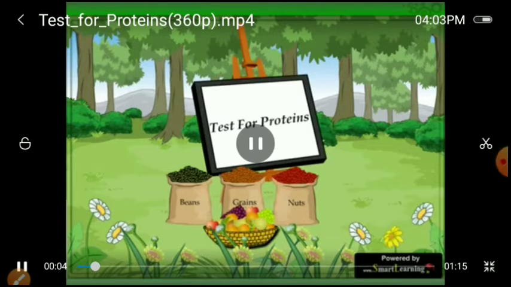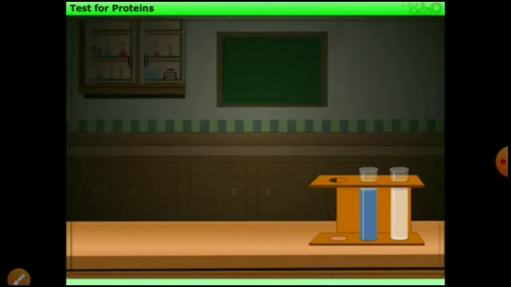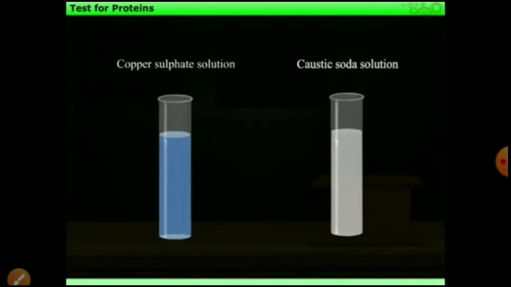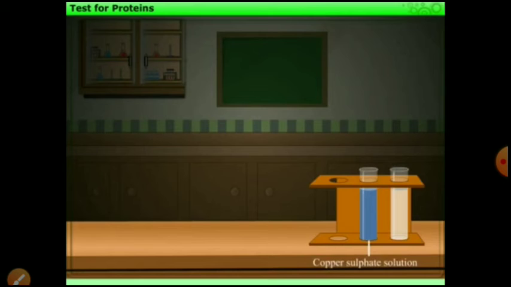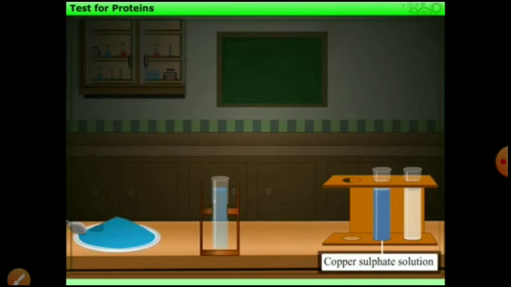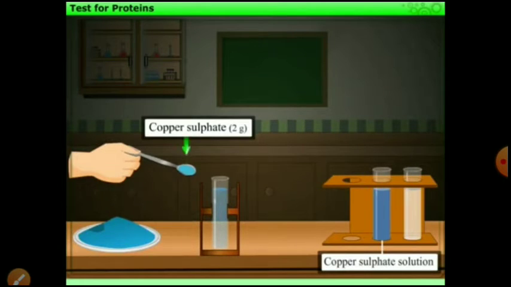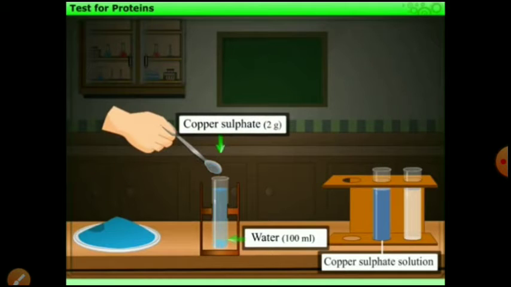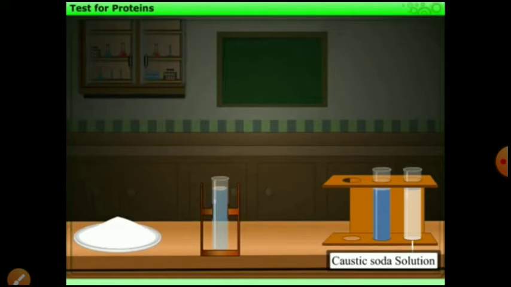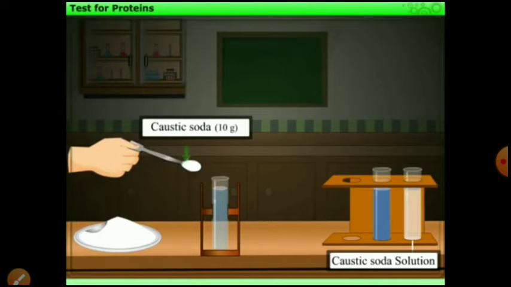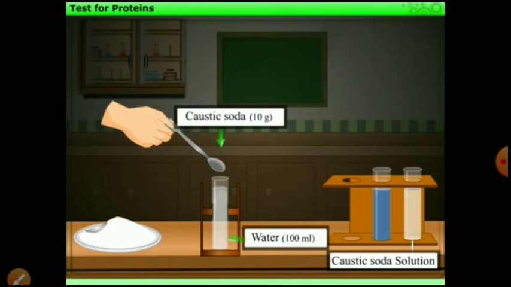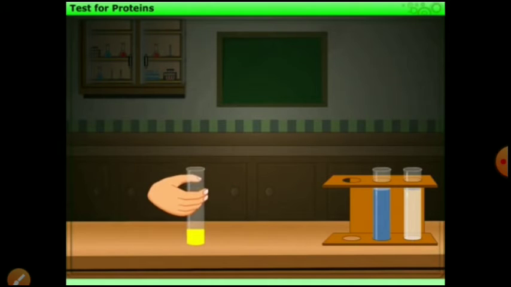Test for proteins. For carrying out the test for protein, we need 2 solutions, namely copper sulfate and caustic soda. Copper sulfate solution can be prepared by dissolving 2 grams of copper sulfate in 100 ml of water. Caustic soda solution is prepared by dissolving 10 grams of caustic soda in 100 ml of water. Take a small quantity of a food item, for example, uncooked soya bean seeds.